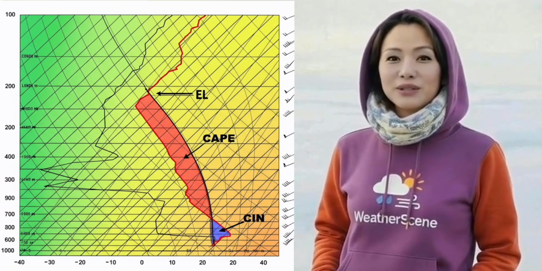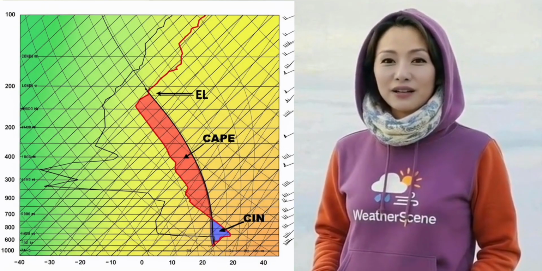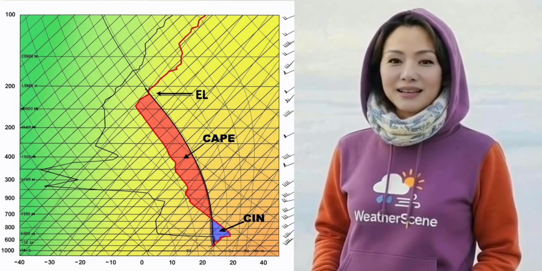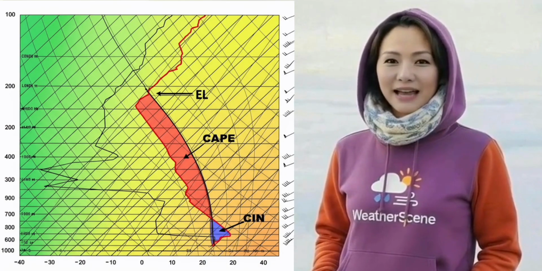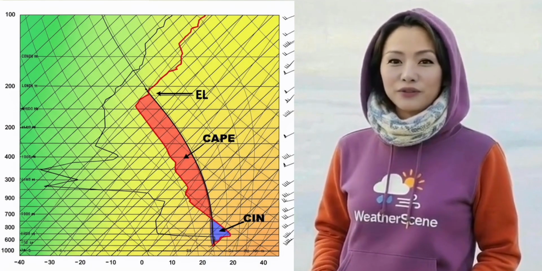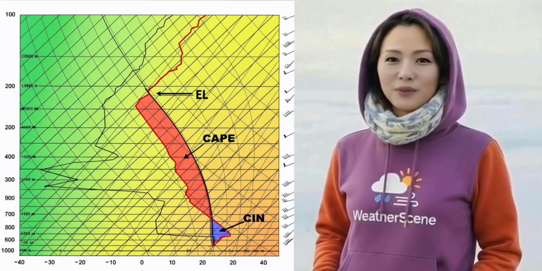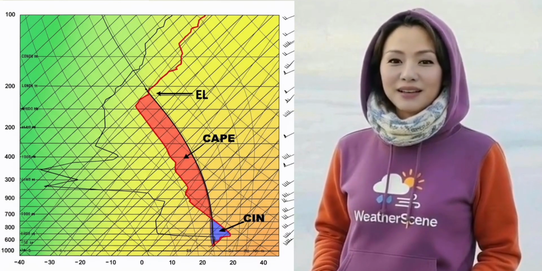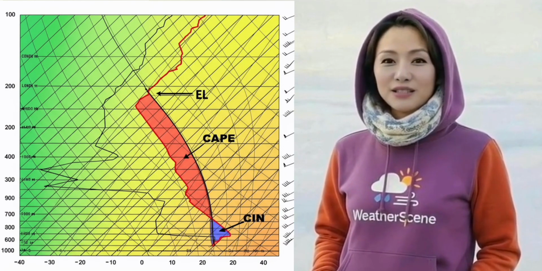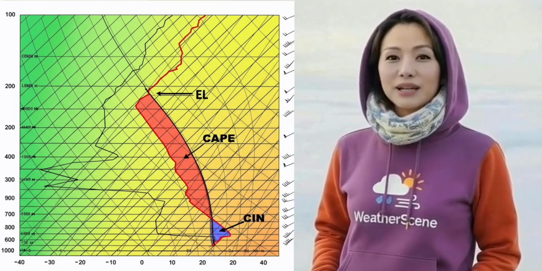Below that, you will see a small blue shaded area known as CIN, or Convective Inhibition. CIN acts like a lid on the atmosphere. It represents the energy needed for air to break free and start rising. When CIN is strong, it can prevent storms from forming. However, if the surface heats up enough to remove this lid, that stored CAPE energy can be released quickly, leading